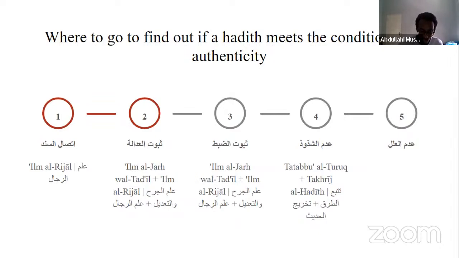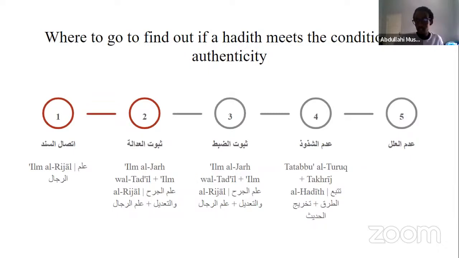And this activity, the activity of collecting as many chains of narration of a particular hadith, is called in Arabic tatabbu' al-turuq, to follow the different chains of narration, or to gather the many chains of narration. That activity is called tatabbu' al-turuq,